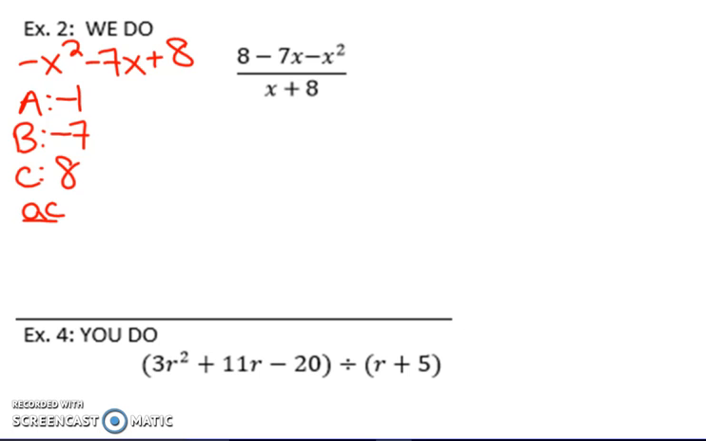Well, AC is negative, so I have to subtract, and it multiplies to 8. So I have 8 and 1, which give me 7, and I have 4 and 2, which give me 2. So I have to use 8 and 1, but again, I want a negative 7, so instead of saying 8 minus 1,